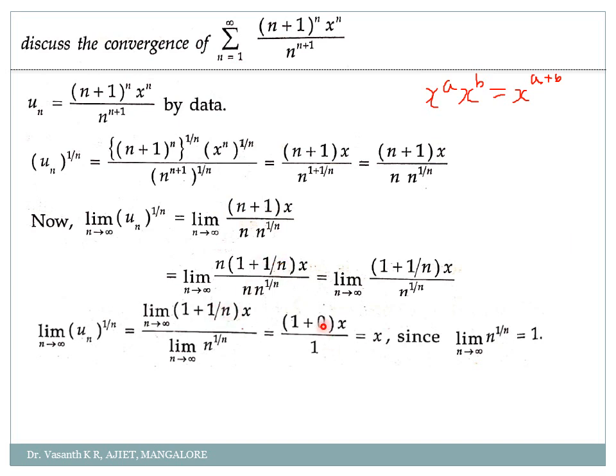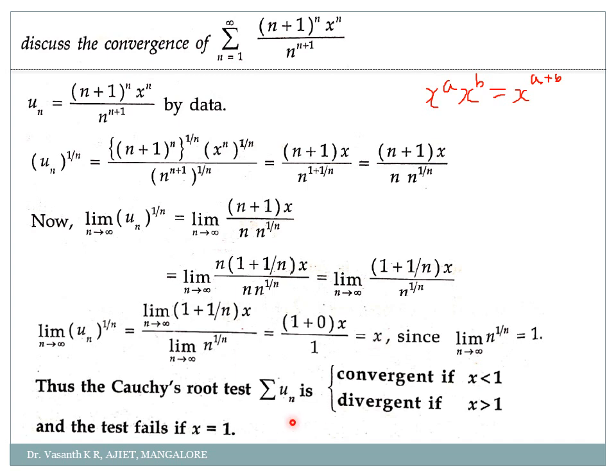This is a standard limit, the denominator. What is limit n tending to infinity n to the power 1 by n? It is always 1. Then here we apply the limits. 1 as it is plus, what is 1 by infinity? 1 by infinity is always 0. Okay, so in order to get that n to the denominator, what did I do in the numerator? I took n outside. I wrote it as 1 plus 1 by n. So that 1 by n is always 0. 1 by infinity is always 0. So 1 plus 0 to the power x divided by 1. So 1 and 1 will get cancelled. I will get x. Correct?